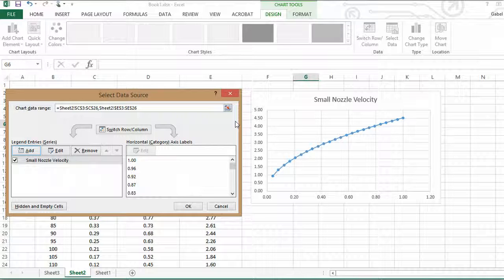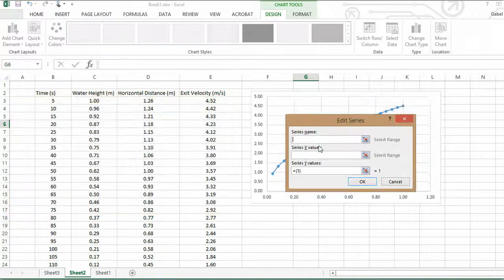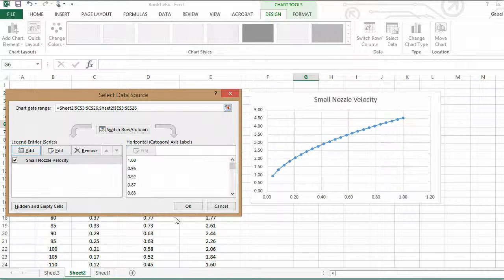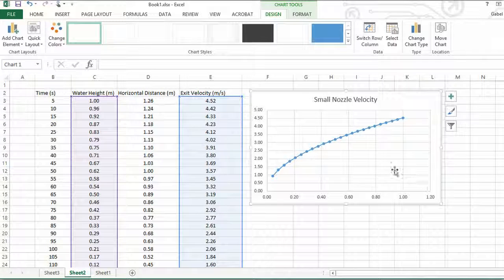Now if I want to add another line, I can do the same thing. I just go to add, and then I give it a name and select the x and the y values for the new line. And so in this lab, you're going to have to graph 3 different data sets on the same graph. So you'll need to do this and add all 3 data sets using this dialog. But for now, I'm just going to click OK, close, and then the one last thing that you want to